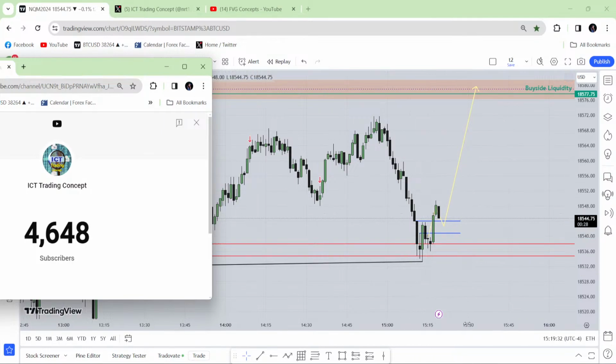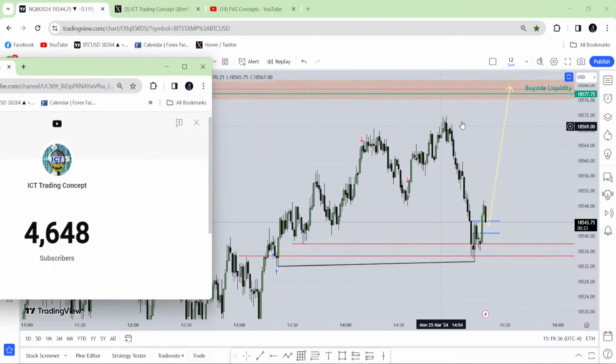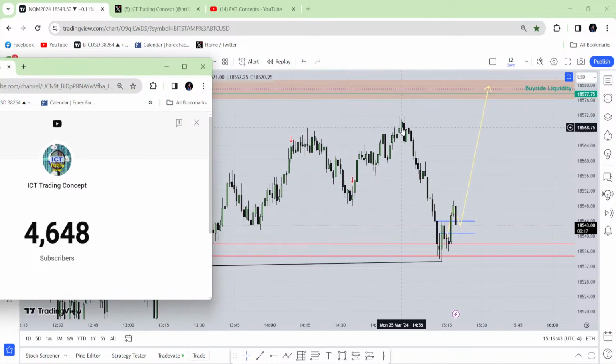Why are you not looking for sell? Because I have this plain buy side liquidity. The market has to take that buy side liquidity. It can reverse from here. Now I don't have any idea if it is reversing from the new week opening gap or not. If it is reversing from the new week opening gap and keeps going lower, it's perfectly okay for me. I don't need to participate in that lower run. I'm happy to wait for the buy setup.